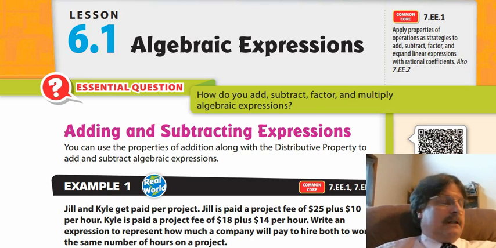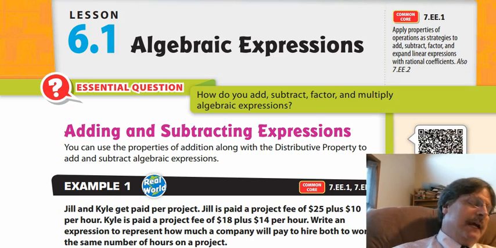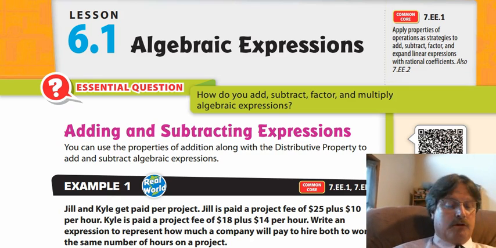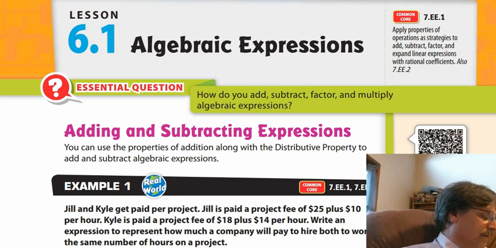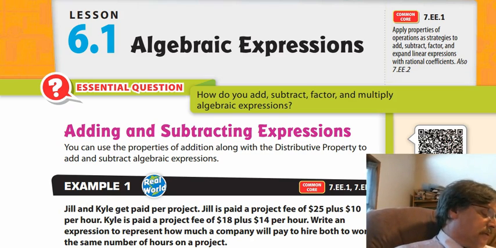Getting started in lesson 6.1, you're going to learn how to add and subtract linear expressions and to use the distributive property to expand those expressions, and some understandings that you're going to have. An algebraic expression is another way of representing the information given in a verbal expression, a word problem. The commutative property of addition allows the order of addends to be interchanged so that the terms can be combined. So in the background information and the distributive property, we use that. The distributive property is used to combine like terms of the